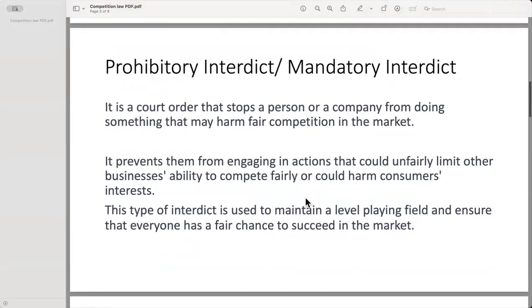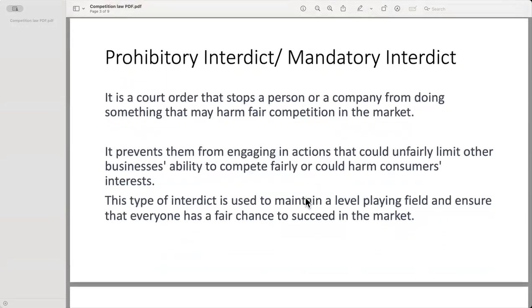So a prohibitory interdict is the one that stops a person or a company from doing something. In this context, obviously, we're talking about competition law, which is going to be more on companies. So it is a court order that stops a company from doing something that may harm fair competition in the market. It prevents them from engaging in conduct that could unfairly limit other businesses' ability to compete fairly, or could